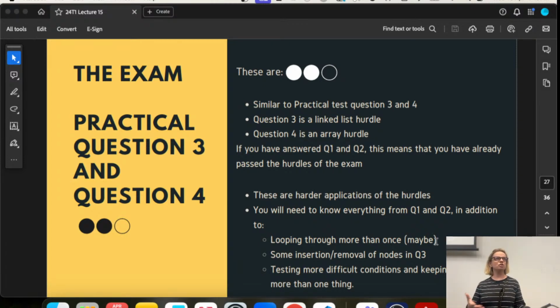So this is now just marks. You're getting as many marks as possible in this exam. They're harder applications of the hurdles. So everything you know from 1 and 2, plus you might be looping through more than once. Maybe for a linked list, you will be doing insertion or removal of nodes, and you might have to test more difficult conditions, and you'll keep track of more than one thing.